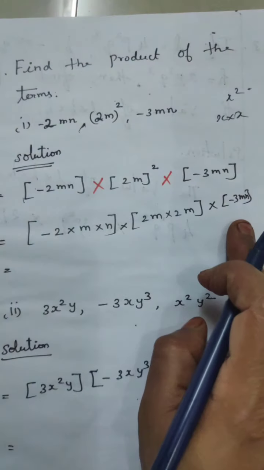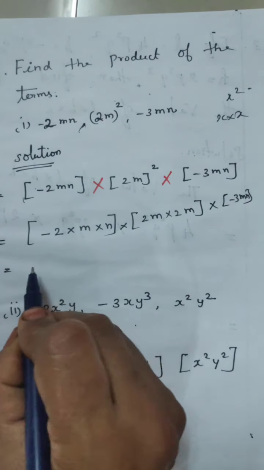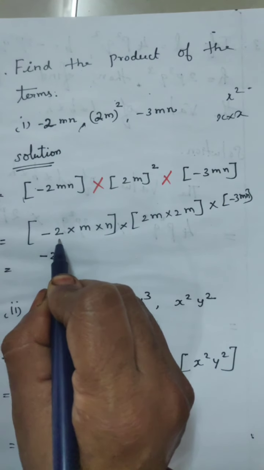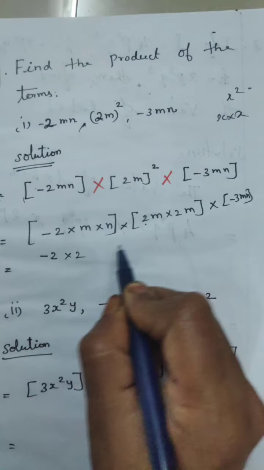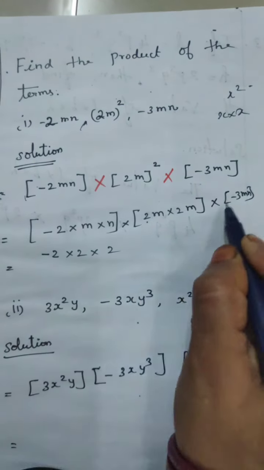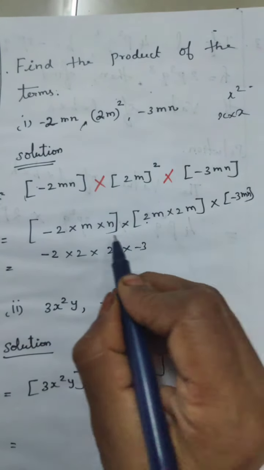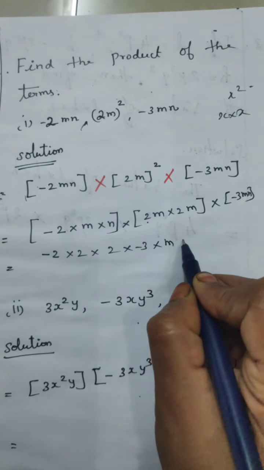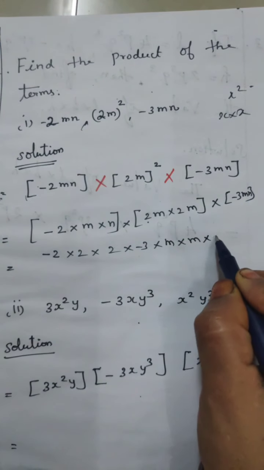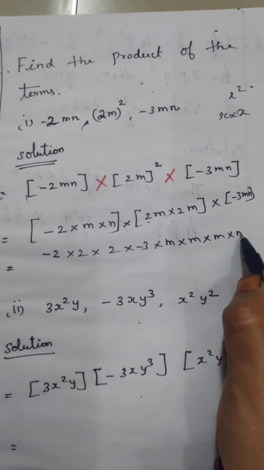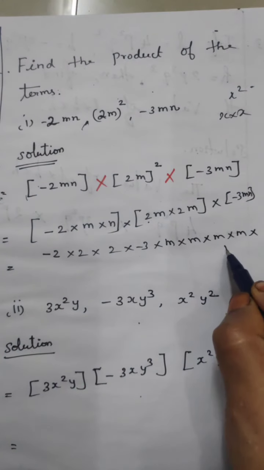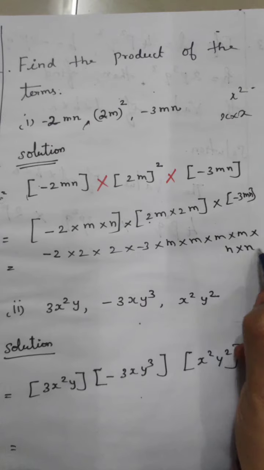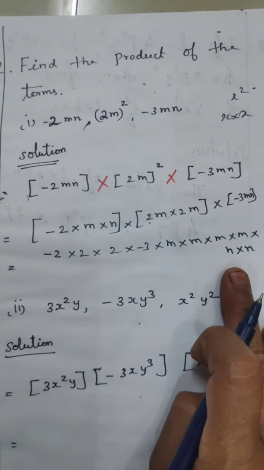Minus 3mn. Now see there numbers and all first you write. What is the number is there? Have a minus 2 first bracket, here also 2, here also 2, there minus 3. Okay, now m you join and write. Here have in 1 m, here have in 1 m into here have in 1 m, there have in 1 m. Next n term, here have in 1 n, here not have the n, so no need to consider. Their last have in n term, so write it n. Now clear the step or not?